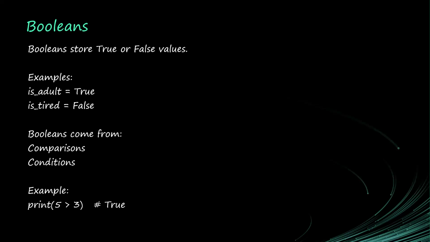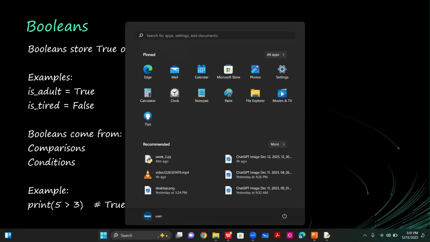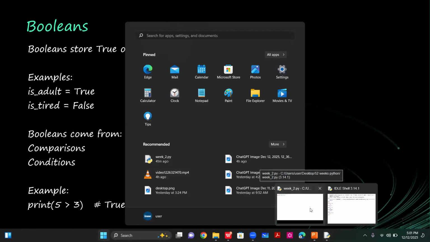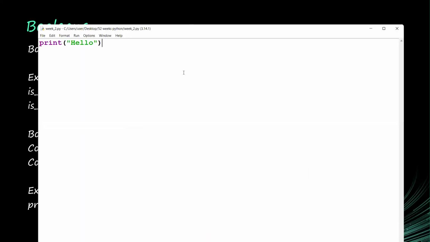So when you say print 5 greater than 3, it's either true or false. This operator, the greater than symbol, is an operator. Here we are comparing: is 5 greater than 3? It's either true or false. This is a comparison operator. We have the greater than, we have the less than, we have the